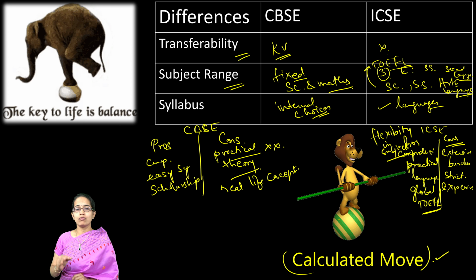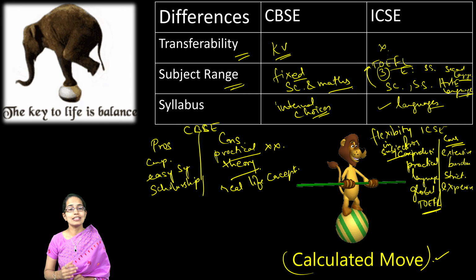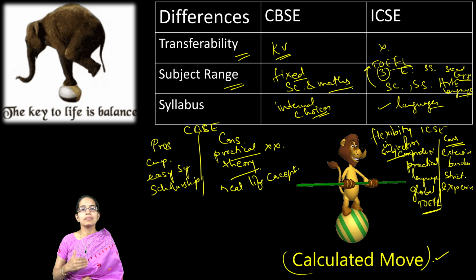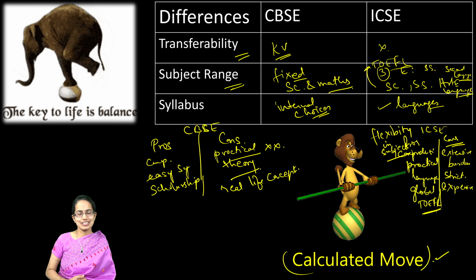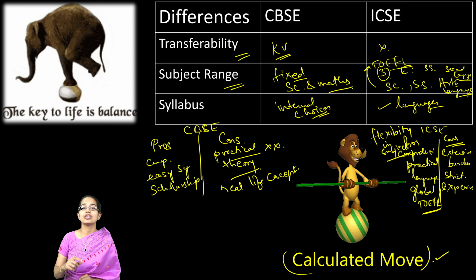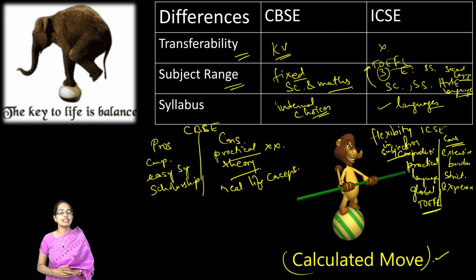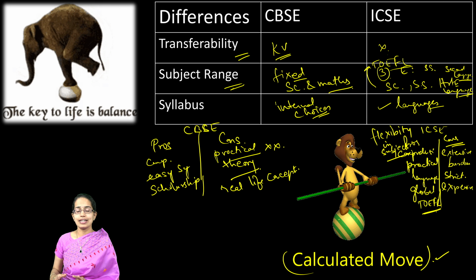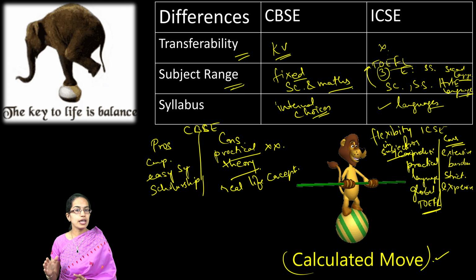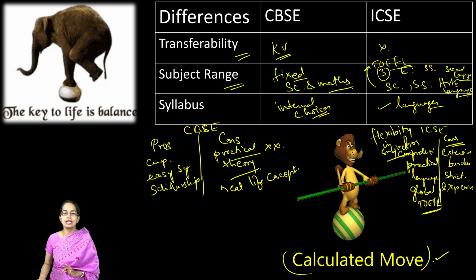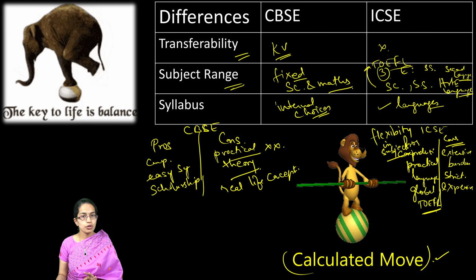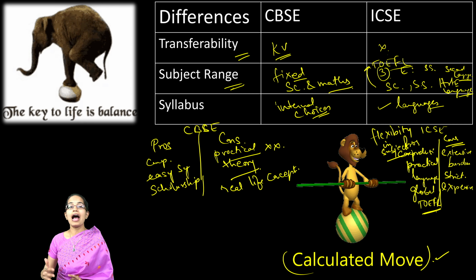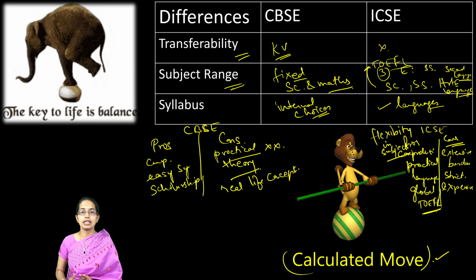Now as a parent, what could be a calculated move? As a child thinking about pursuing grade 10 or grade 12 in CBSE or ICSE, what should be taken into account? First of all is your interest. The second is exposure. Once you have the interest and exposure, you can decide which board would be good for you. Those who are looking for careers in social sciences or humanities and languages, ICSE is indeed a better option because you have more emphasis since the lower levels as well.